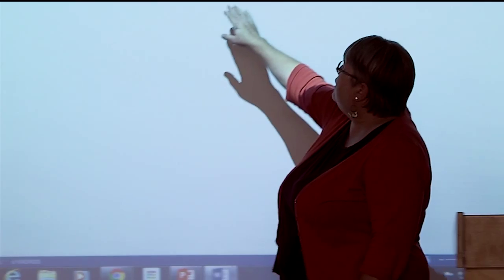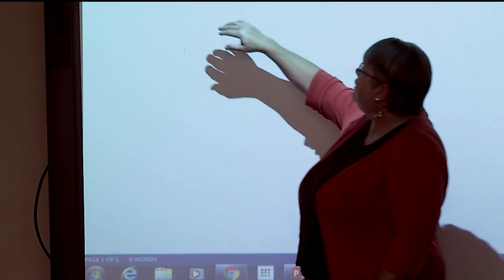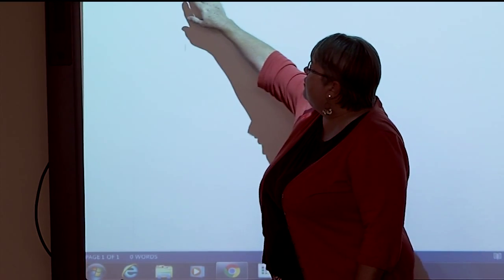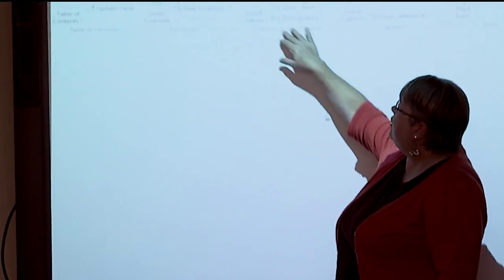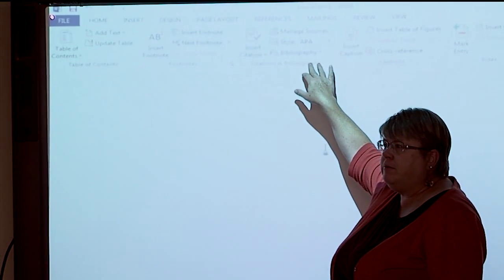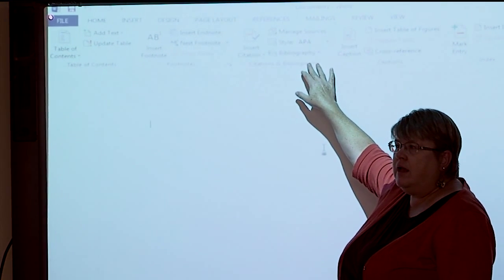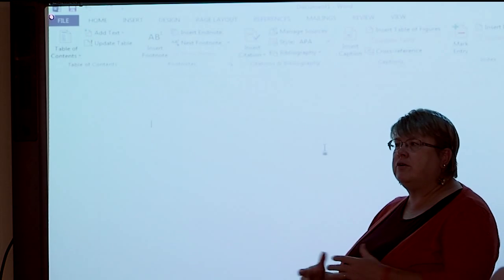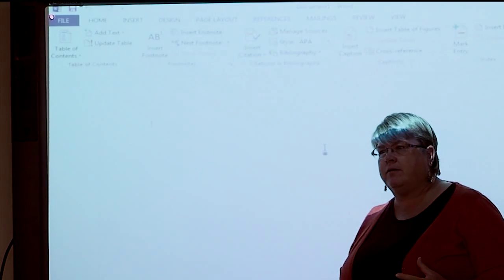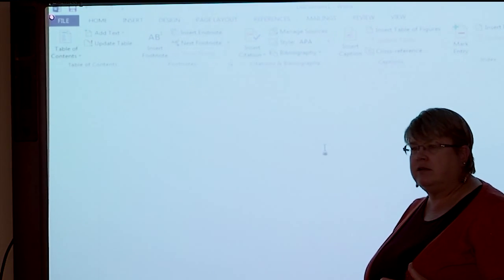And so by clicking on references, I get into that. It will do endnotes, footnotes there, but it also allows me to go through and create my bibliography as I'm working. And if I'm working on the same computer, it will save those from project to project.